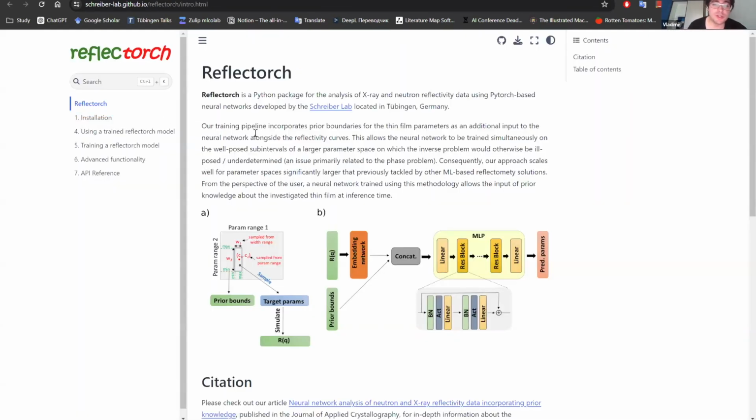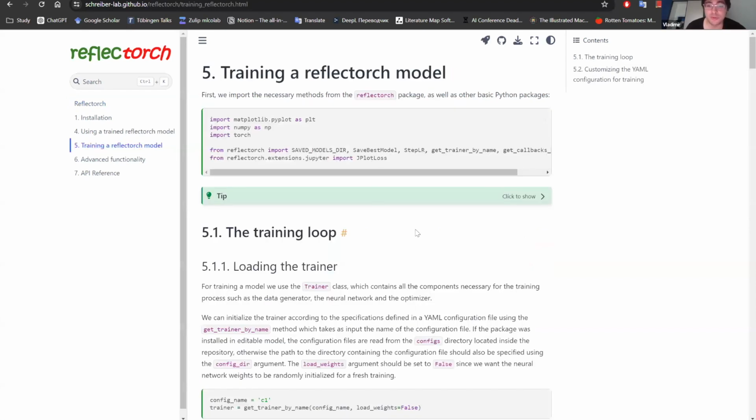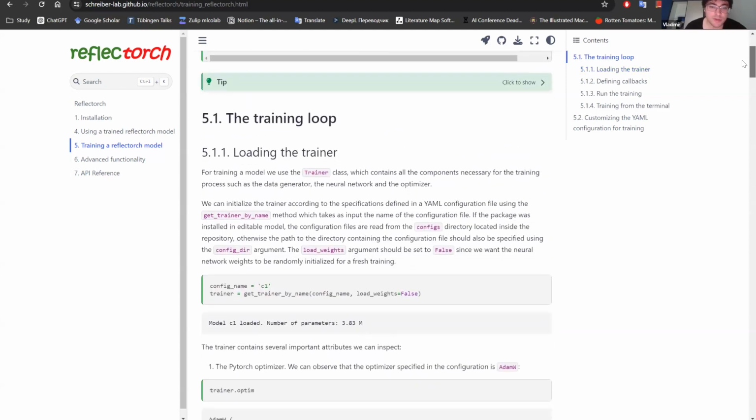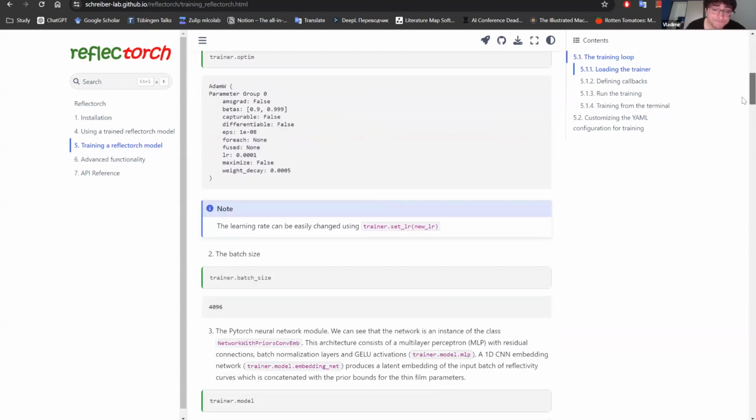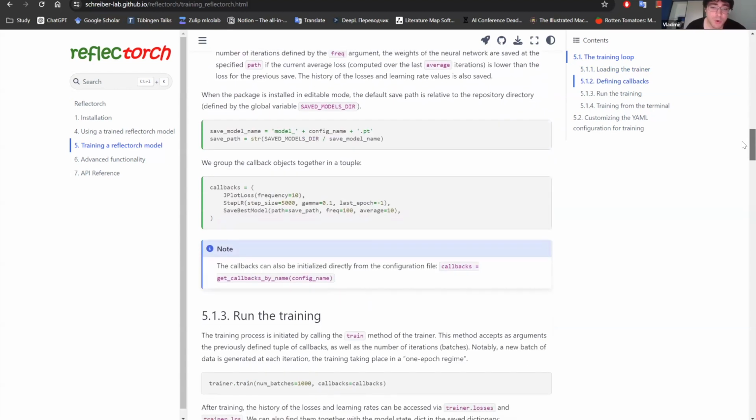Of course, the initial idea of this package was to develop code which is very flexible and fast for training new models for experiments. This is something which we did a year ago at the ESRF. And there is something which you can do for yourself, actually. There is a page in the documentation where you can check how to train your own models. And it's actually quite simple.